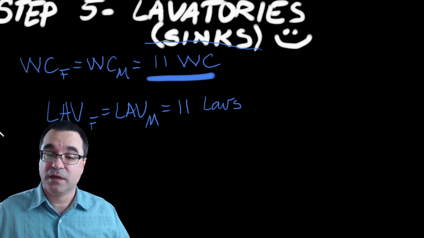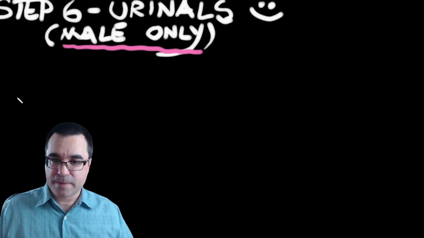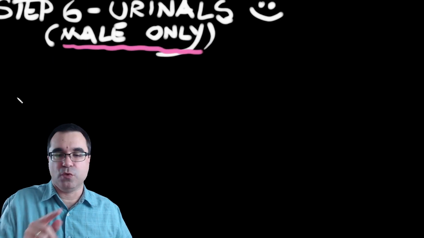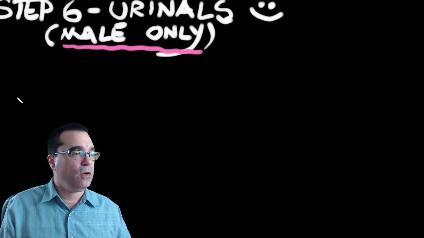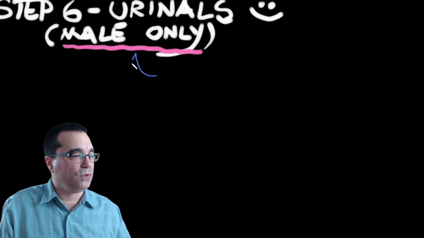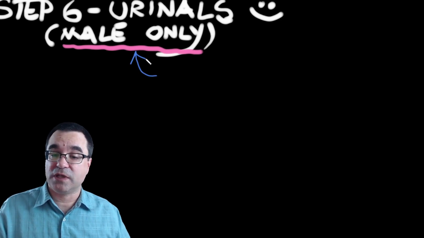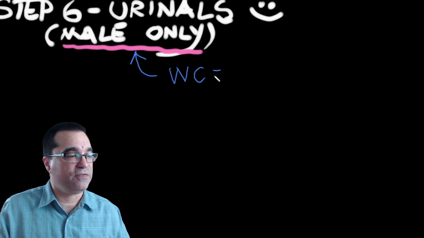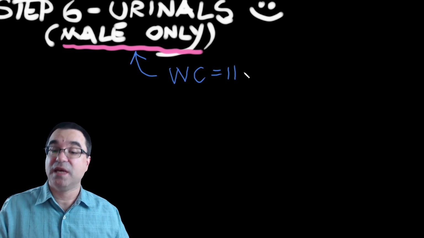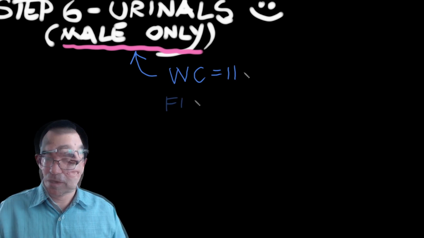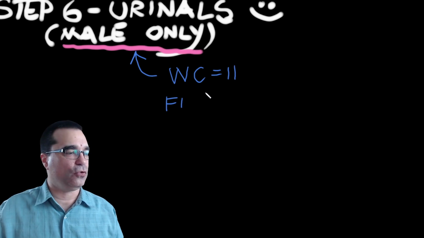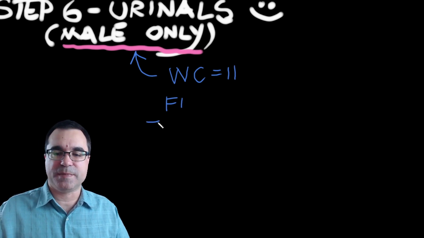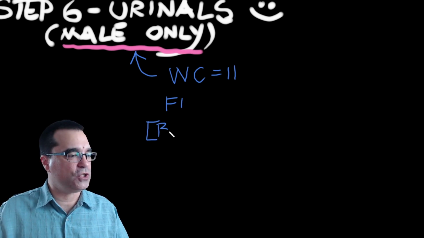Let's move on to step number 6. For step number 6, for male washrooms only, we have to figure out how many of those water closets, we had 11, can be turned into urinals. The location in the building code in part 3 that tells us about the number of urinals is under division B,